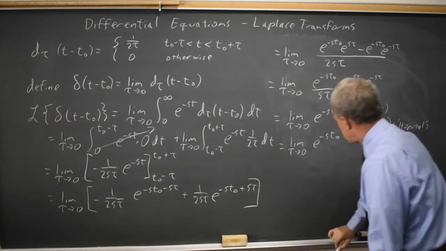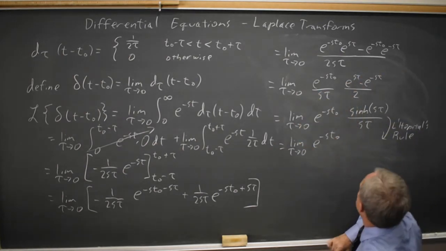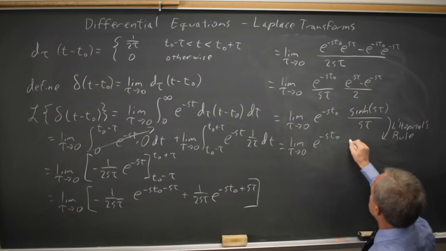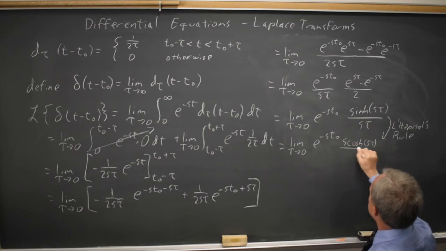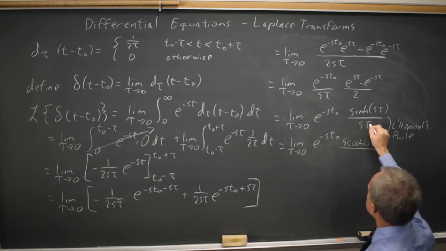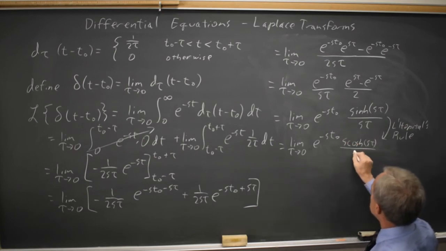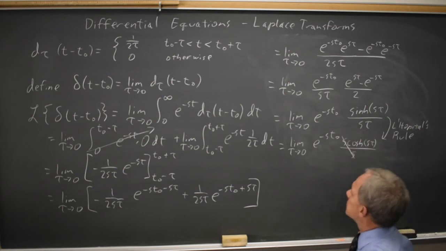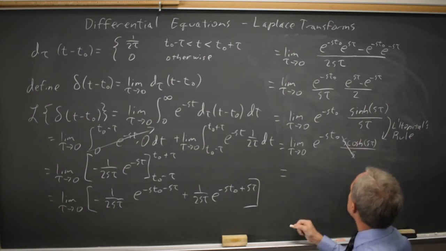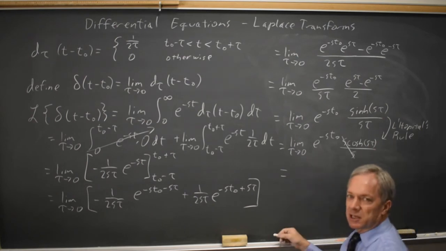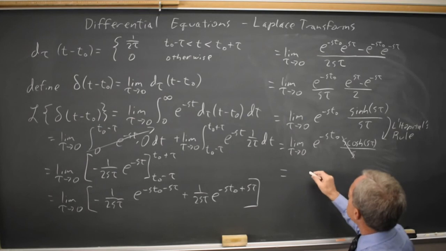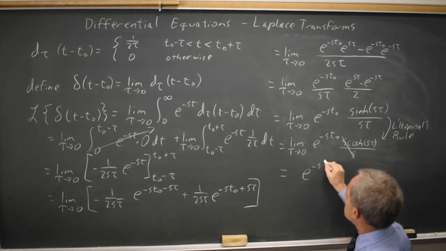The derivative of hyperbolic sine is hyperbolic cosine, times, from the chain rule, the derivative of s times tau, which is just s. S over s is 1, and as tau goes to 0, hyperbolic cosine of 0 is 1, so this is e to the negative s